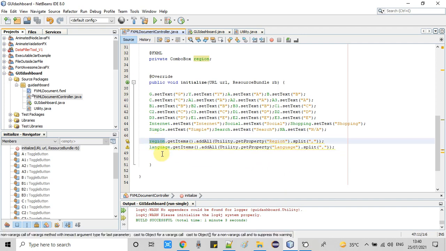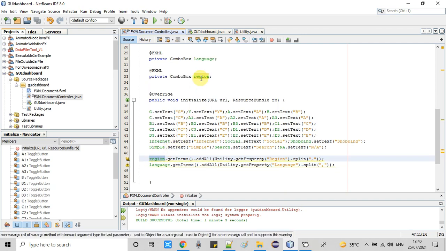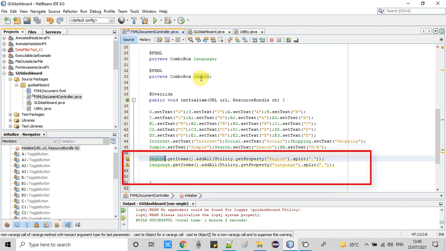So guys, everything is ready. Now we have to set these values inside the combo box, so we are going to use these reference objects. Basically this is the object, and at runtime it will be loaded with the actual object. So we call the getItems method, then addAll. After that we are simply reading the properties.